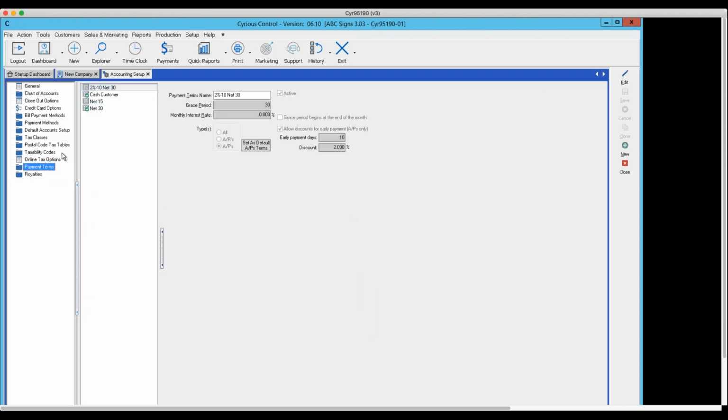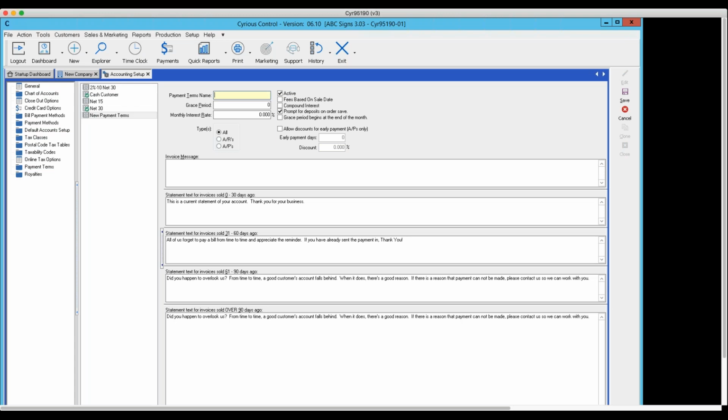Right here. You would have to have privileges to come into setup, accounting setup, and then on the left-hand column, down towards the bottom, is payment terms. So if you're going to add a payment term to this list, you would come over to the far right, select New,